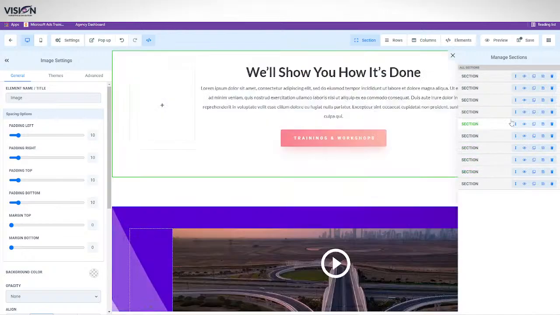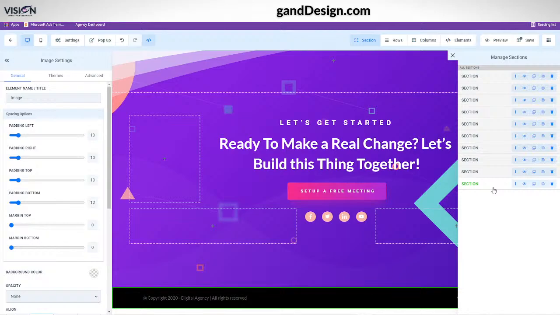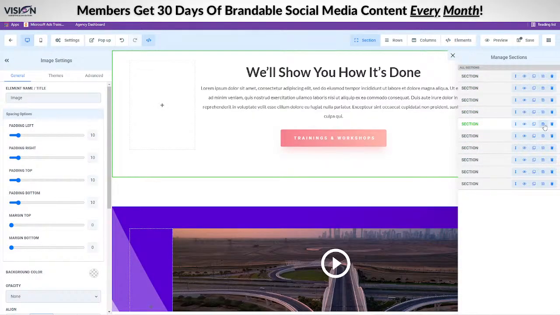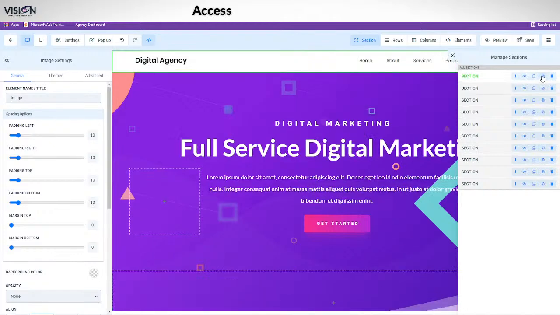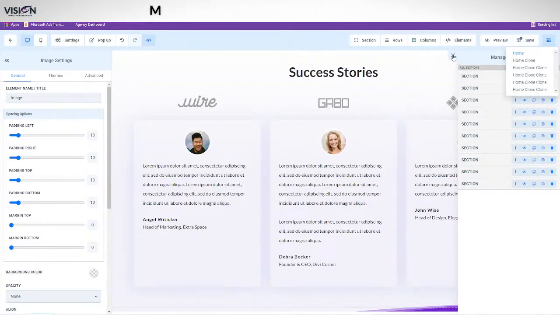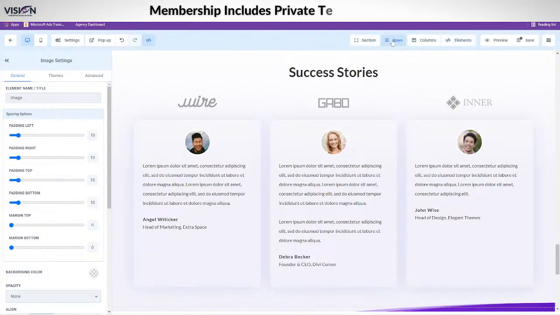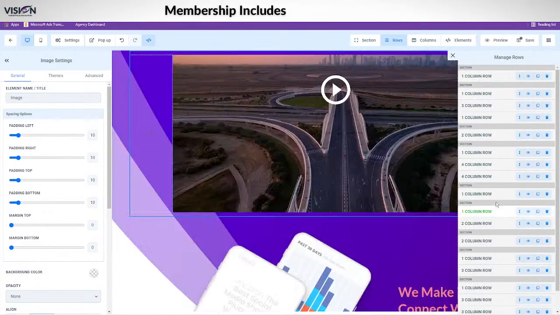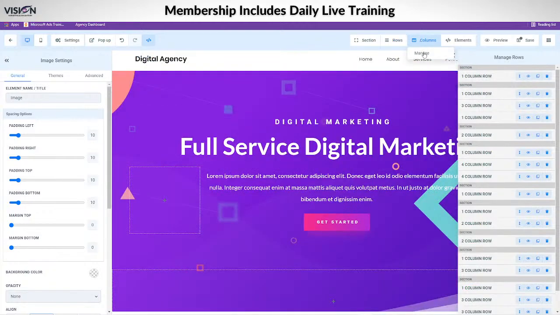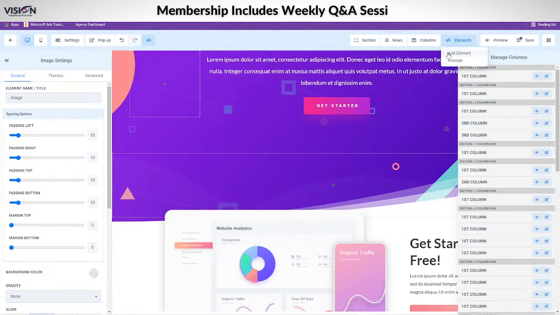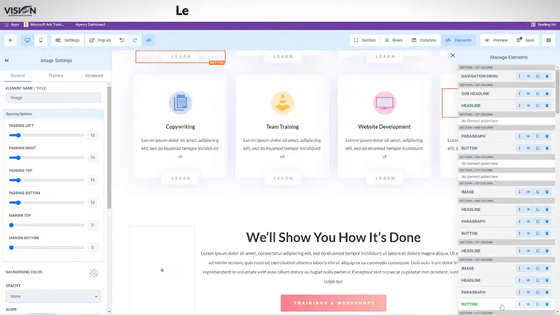So if you want to scroll down, like maybe you have a really long landing page and you just wanted to go directly to one, or you wanted to reorganize them or duplicate, or maybe save them. You can save them and then retrieve them in your saved elements or saved panels and things. Like I said, you have rows, so you can add a row or you can manage your rows here. It will sort them all for you. Same with columns. You can manage all of your columns here. Elements, you can add elements or you can manage your elements here.